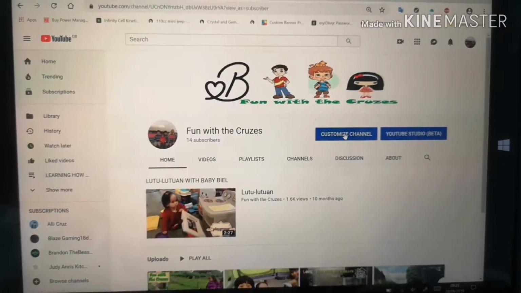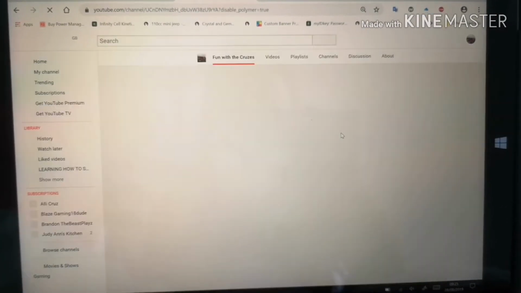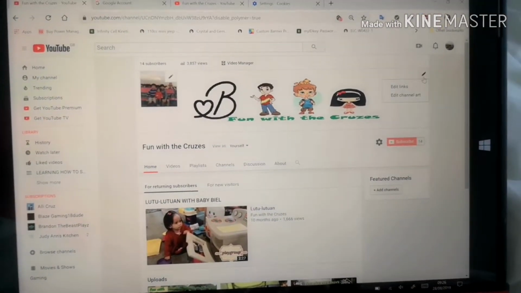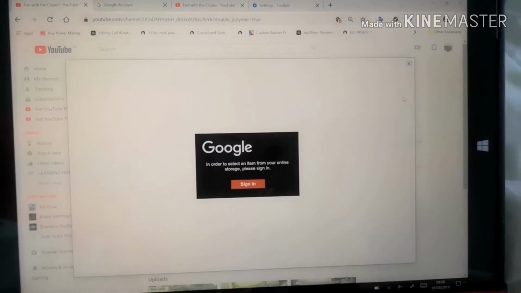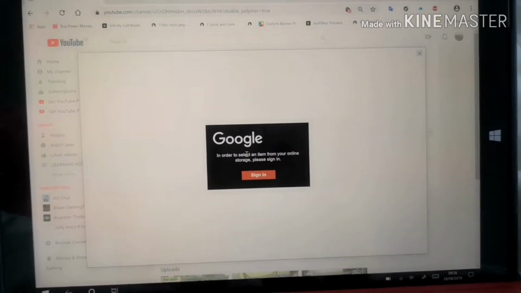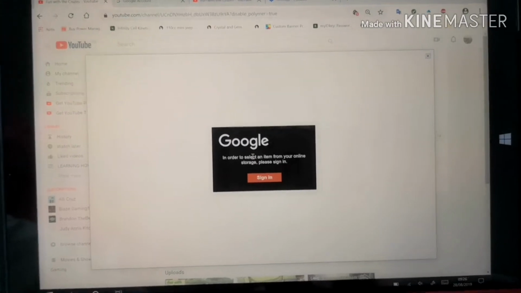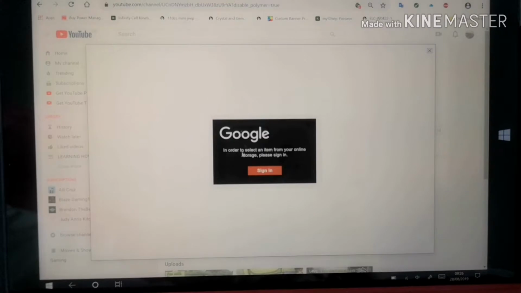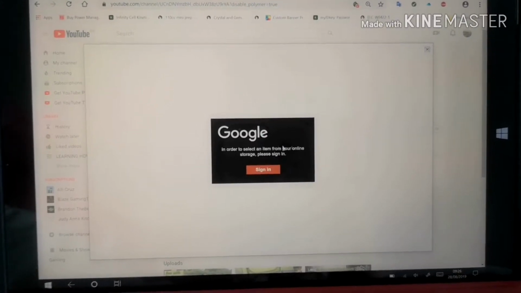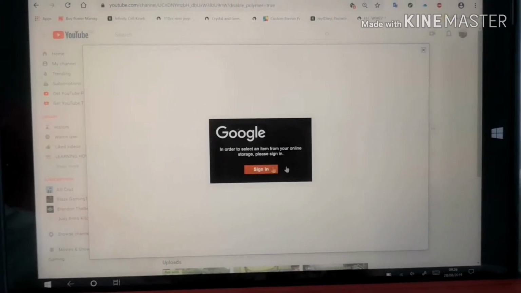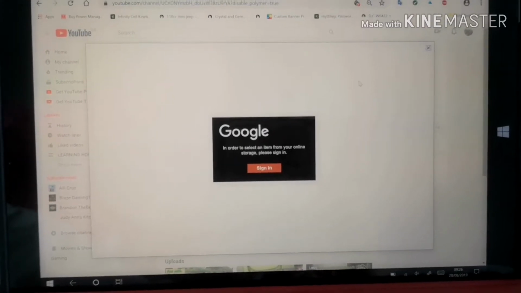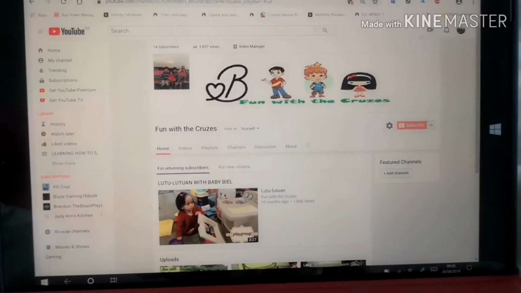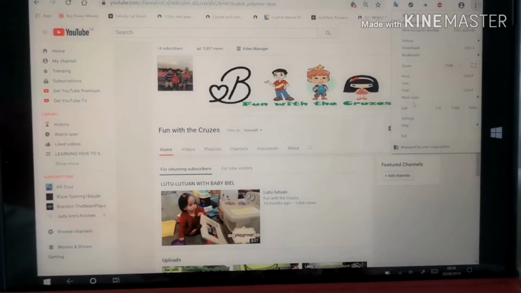and then press customize channel. See, this is the one that I was telling you about. If you turn that third-party setting on, the sign in will keep popping up in front of your screen. So this is the problem that you're trying to figure out. To get rid of it, like I showed you, you just go here, showing you again,